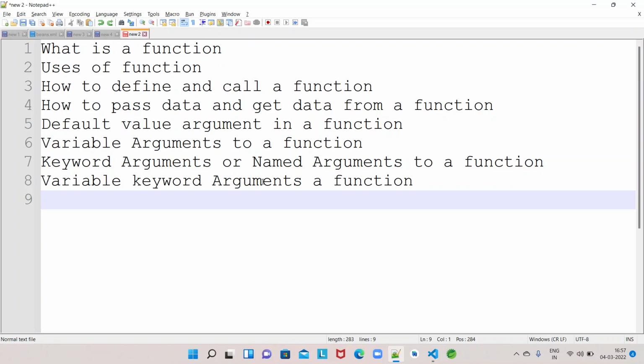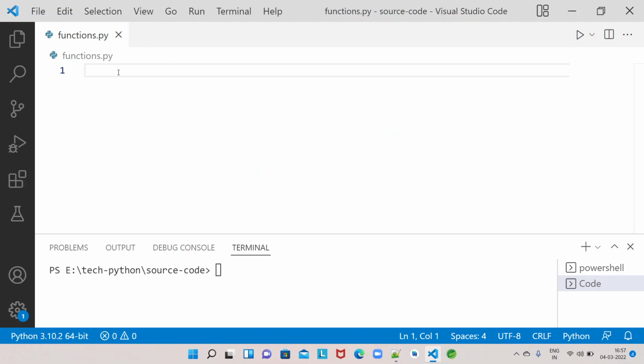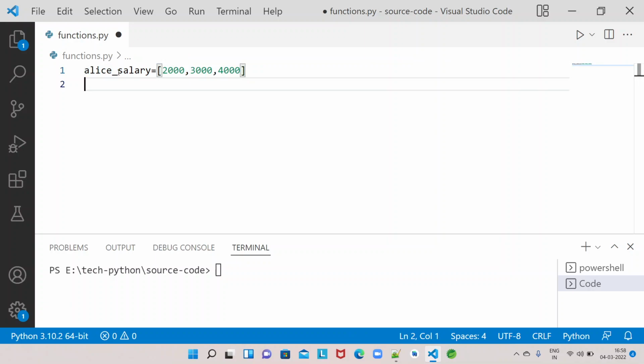Okay, let's start with the first topic. What is a function? Say, for example, I have salaries of an employee, and those salaries are stored in a list. Say there is an employee Alice, and his salary is present in the Alice salary list: 2000, 3000, and 4000. Similarly, I have another employee, Bob,